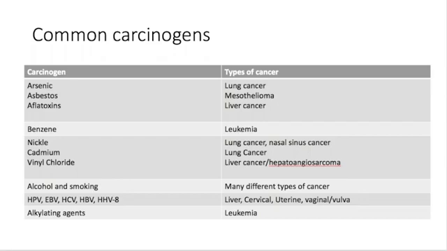So let's take a look at some common carcinogens. There are many more. I just put the high-yield ones and what they cause. Arsenic and arsenic compounds: this is going to be lung cancer, and skin cancer if you get exposed topically. Asbestos, which we all know causes a special type of cancer called mesothelioma, and asbestos was formerly used in many applications before they realized that it was carcinogenic. It's still found in old building tiles, placed in schools, in old homes. There's still a lot of it around. Then we have aflatoxins.